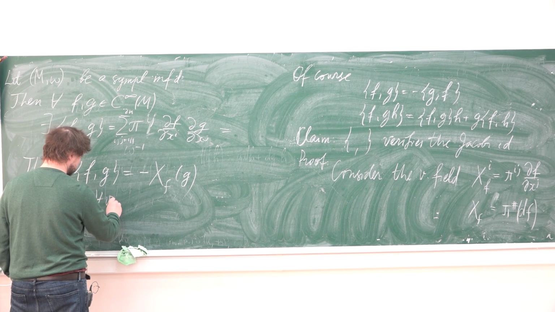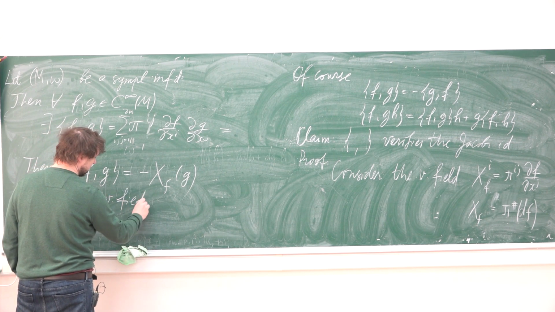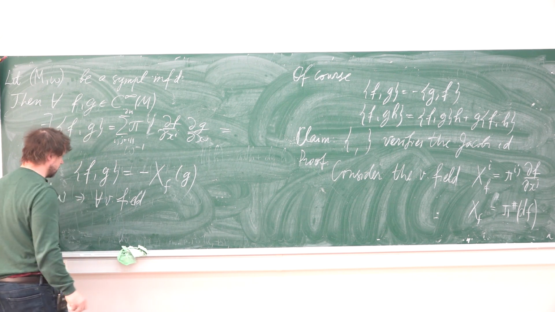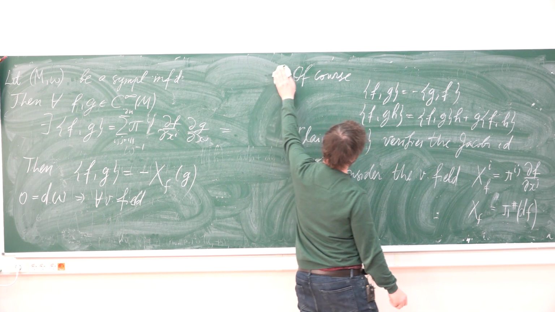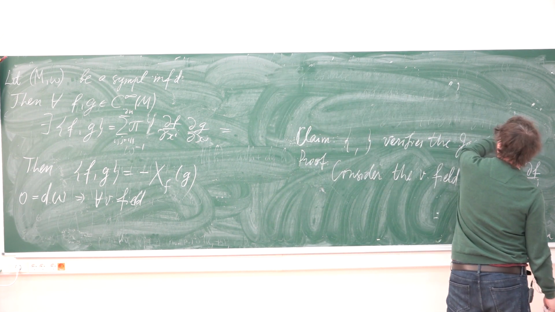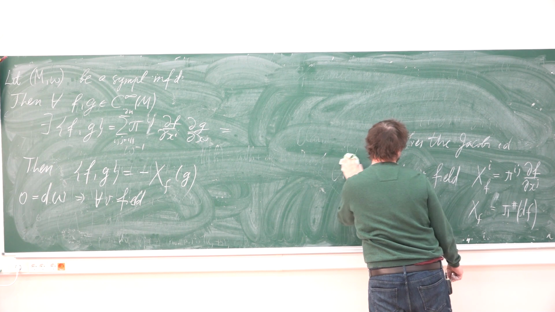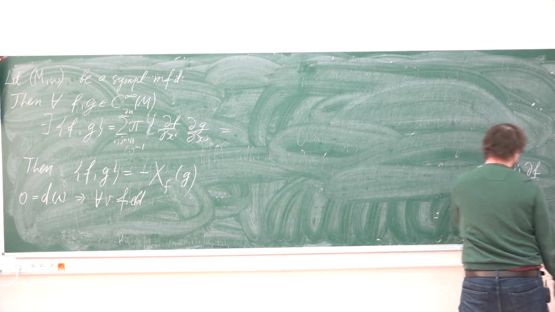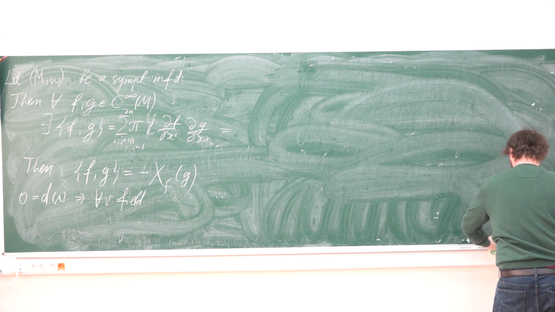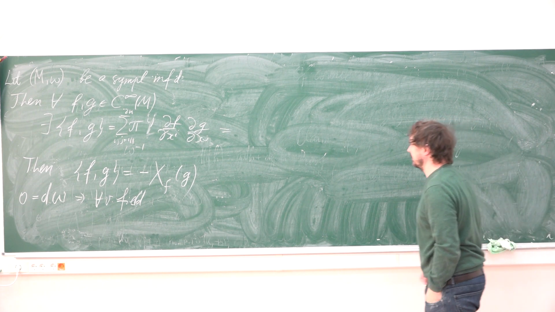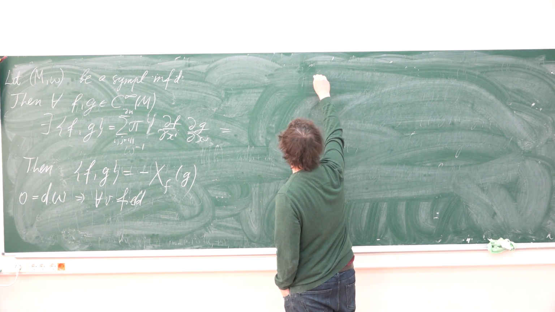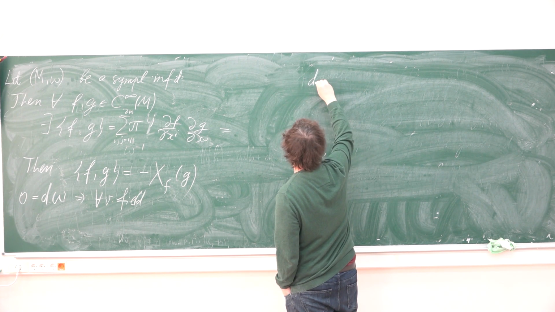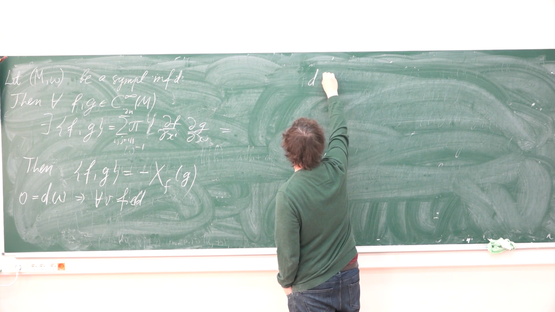For any vector field, well, you probably know Cartan's magic formula for the de Rham differential. I hope you do. You remember this Cartan's magic formula that if you take the de Rham differential and commute it or anti-commute it with